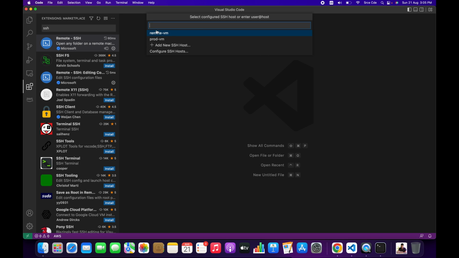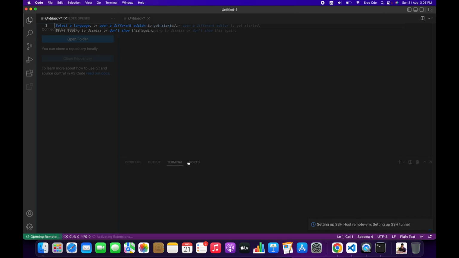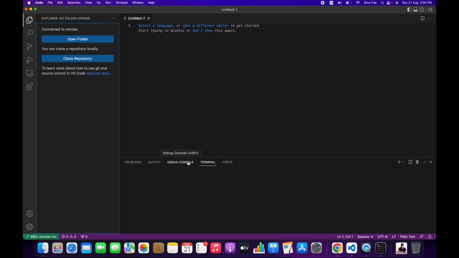Now in my case, I want to connect, or I want to do the remote development on this remote-VM host. So I'm going to select that, and then it will open a new window. And as you can see, it's opening the remote connection over here. You can see the status. Okay, let's maximize this. So now as you can see, we have successfully connected our Visual Studio Code with the